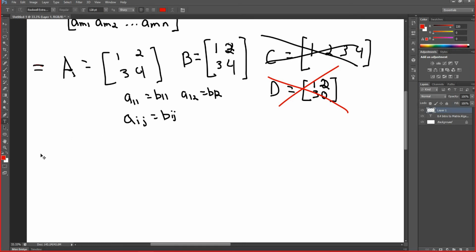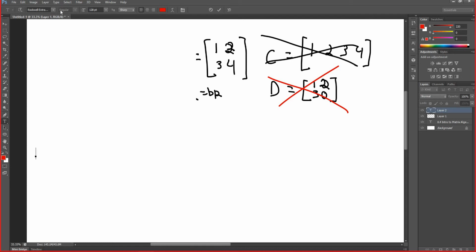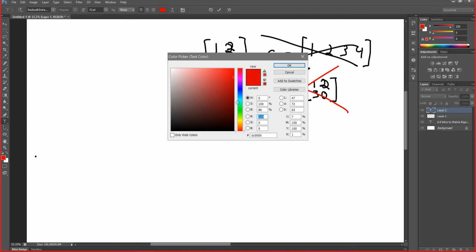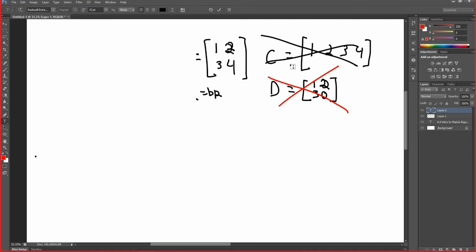So I'm going to type that super quick. So two matrices A and B are equal if and only if A and B have the same order and every entry pair,